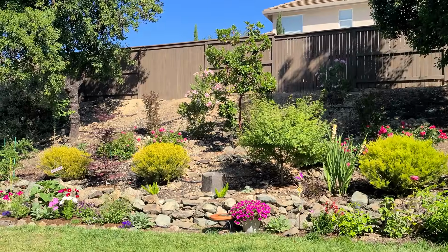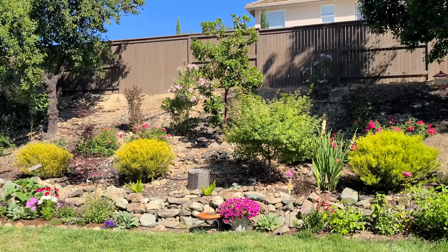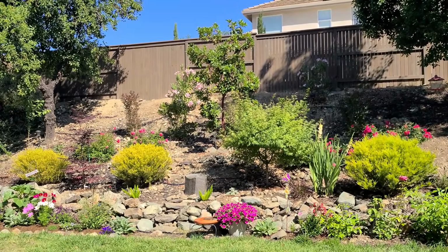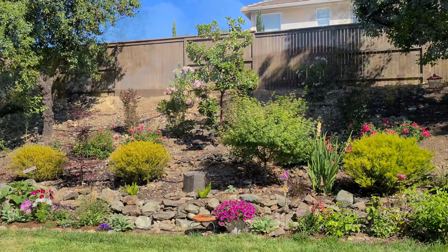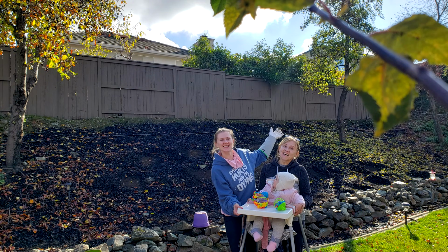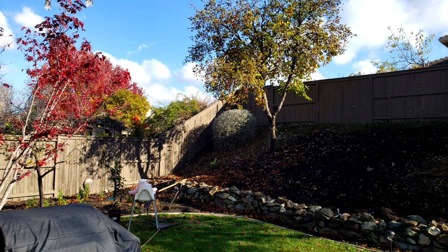Okay, you guys, so my garden looks very different this year. This is my backyard, and I'm a proud owner of this beautiful spot. I will show you the before picture, and you will be very surprised because when we moved in here in 2019, in summer, actually almost exactly 4 years ago, there was nothing. There was just black, partially covered bark. There was nothing on this side at all,